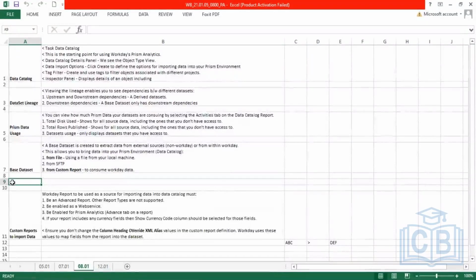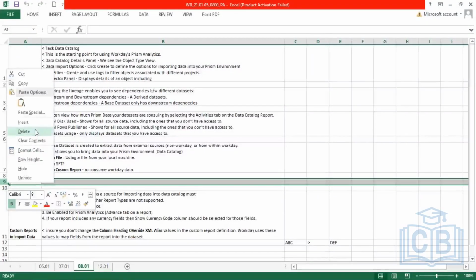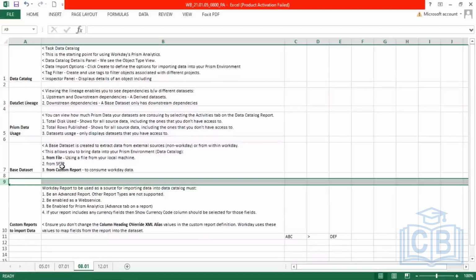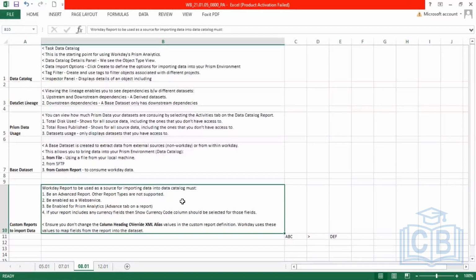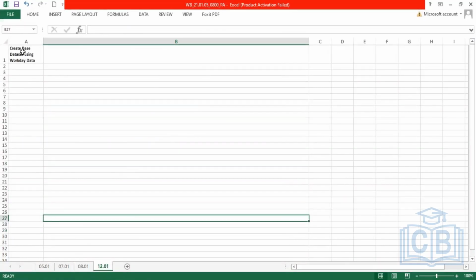So we discussed that we can create base data sets either from a file which is being picked from a file server, from SFTP, or from a custom report. So we are looking at the option to create a base data set from a custom report now. And for that, we discussed that there are a few prerequisites. Having discussed that, let's get right into